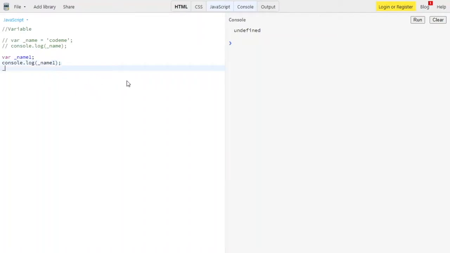If I give _name1 something like hello, and then print it, control enter. Let me clear the console and print one more time. As you can see, it gives the value undefined, and after this line executes, the value hello is assigned to the variable _name1. So that's how assignment works.